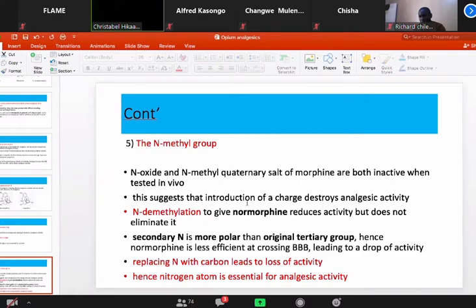And this would suggest that the N-methyl group is actually very important to be maintained, even as you make different new analogs. All right, and then we talked of normorphine, which I talked about, and I showed you the structure. So you're going to find with normorphine, even after they removed the methyl group,